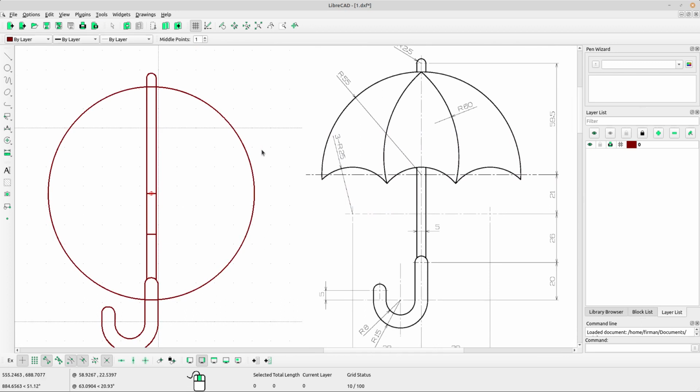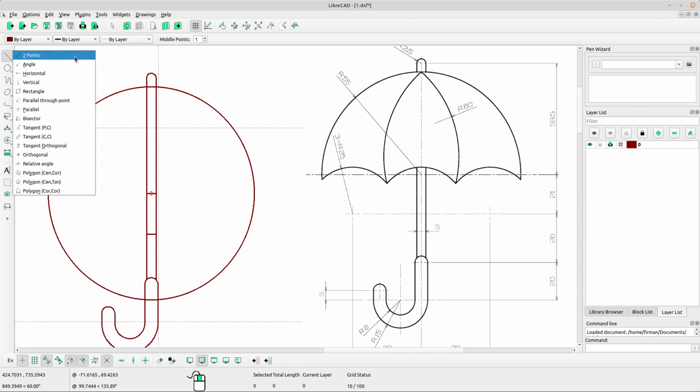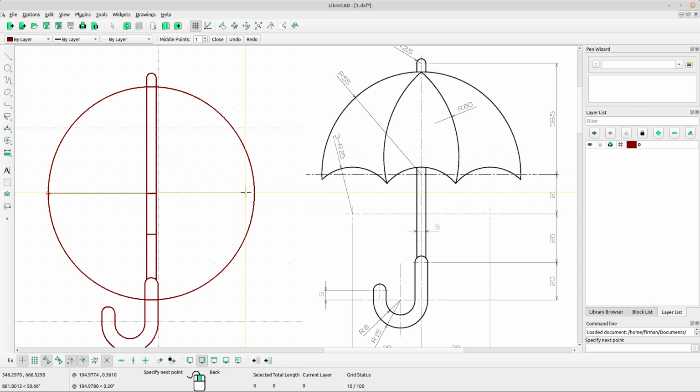Now draw the diameter, use 2 points. Okay, right click to escape, right click again, and to draw this part, you change the middle points into 1, 2, 3. Oh yeah, just 2. Yeah, middle points change into 2. Yeah, and then